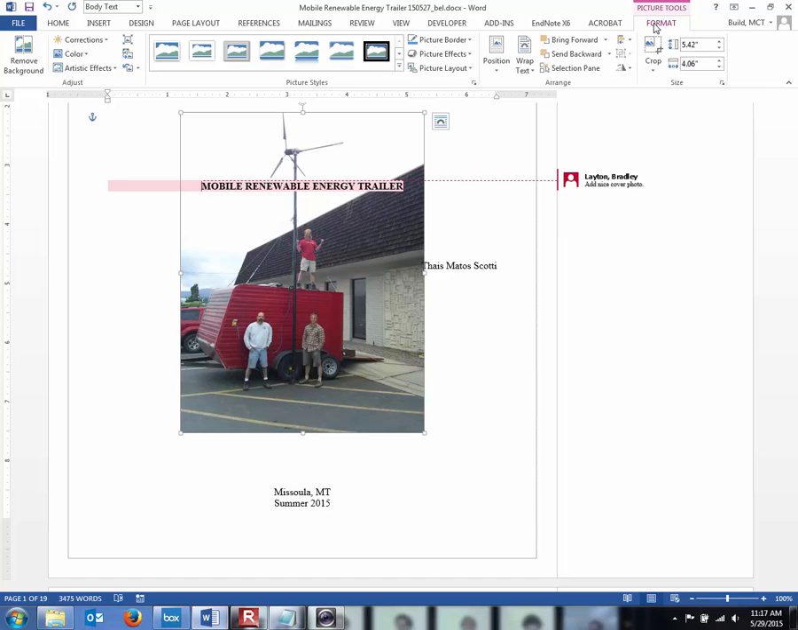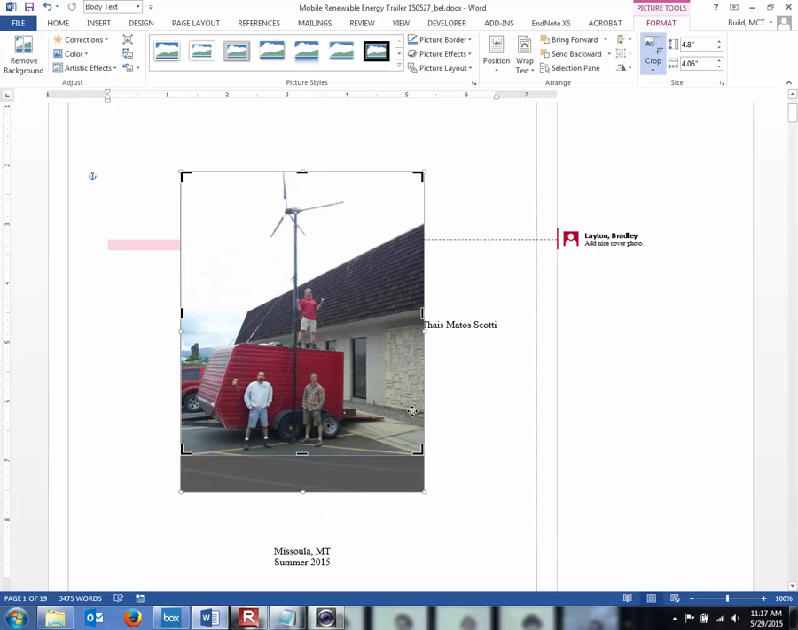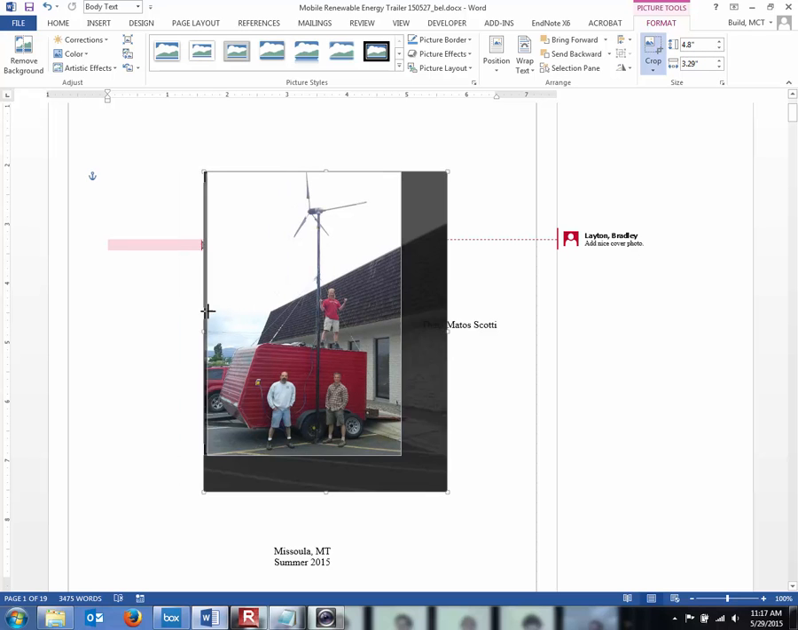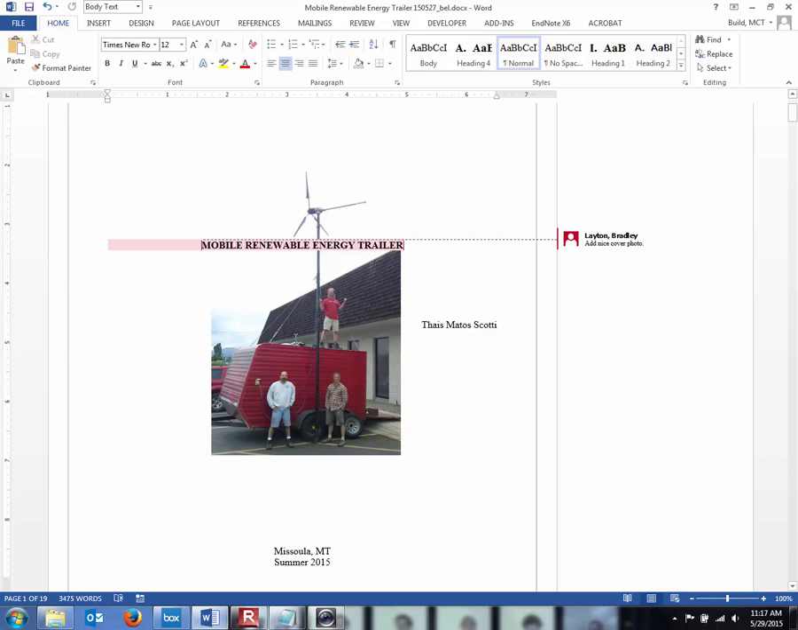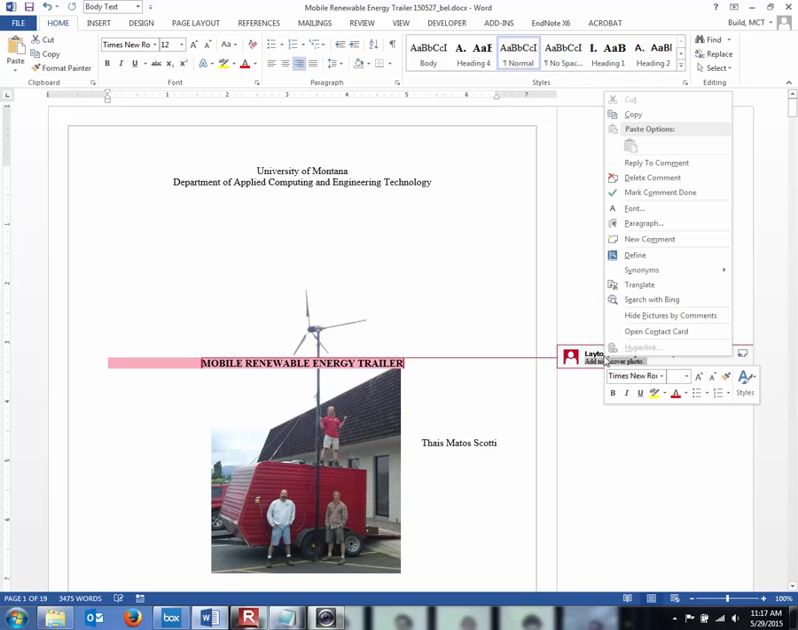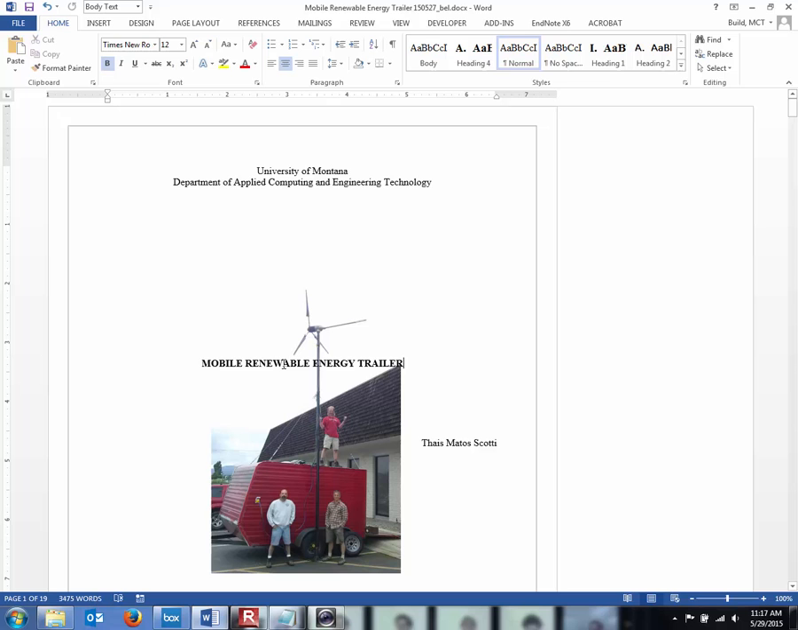One thing I'm also going to do is go in here, Format, and crop it. Maybe crop a little bit out here. In general, you're just trying to get rid of stuff that's extraneous and distracting. I'm not a photojournalist by any stretch. Now I can right-click on that, delete the comment, and maybe we just take this guy,